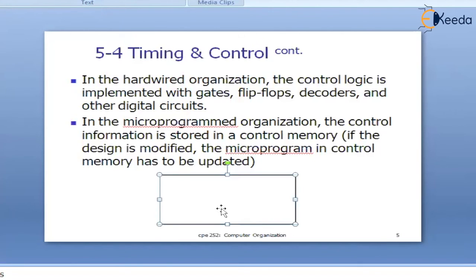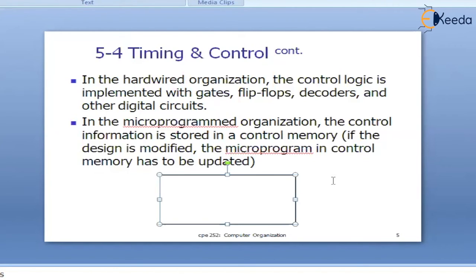What we do is collect a few gates, flip-flops, encoders, decoders, multiplexers, demultiplexers, and arrange them in such a way that they release the corresponding control signals